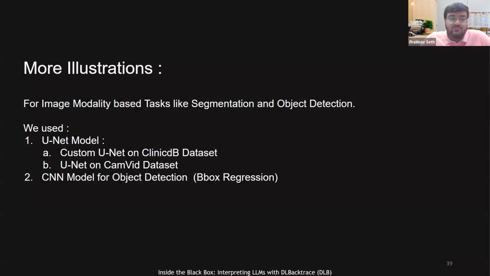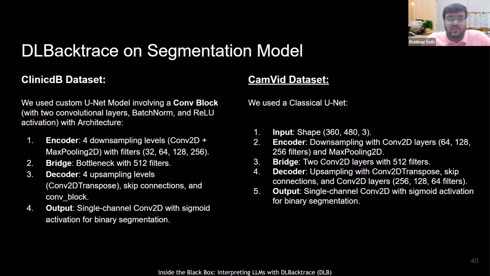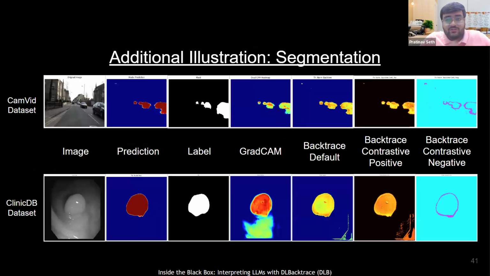Similarly, for the image front, we again tried out segmentation and object detection. For segmentation, again, these are the ablation tasks, we use CleaningDB and CamVid datasets. Here, I think it's a very good example of the contrastive mode, because for GradCam, it's focusing on the inside and giving more relevance, and you have certain areas which are excessive.